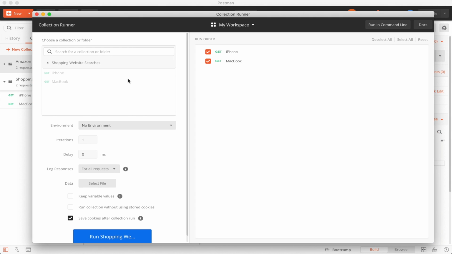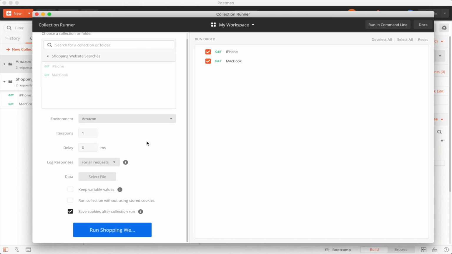Let's go down to here. As you can see, we have two requests here, iPhone and MacBook, with those variables in place. Then if we go down to environment and select Amazon, the one we just created earlier, and 1 iteration, no delay. You can set delays between the iterations. If you want to run everything twice, then you just put 2 iterations, and then you could put delays and whatnot. But yeah, let's just go there. The main point was just environment. I just want to show you guys this, and then when we run it,